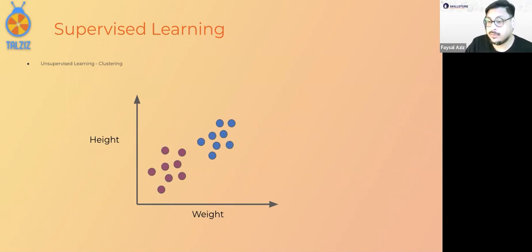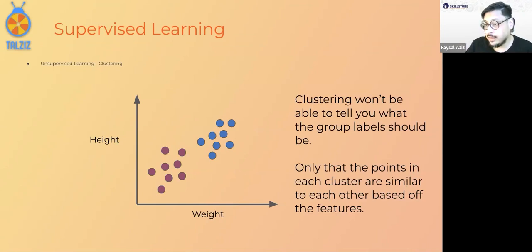It could be the height and weight of dogs and cats. Say I tell you these are the heights and weights of pets. So maybe the purple ones are cats and the blue ones are dogs. Could be that. Or say it's the height and weight of all the dogs in my neighborhood, and then I could probably predict that these are two different species. Maybe these are the poodles and these are the German shepherds. It's not going to give you the answer, but it's going to predict it. So once you put a label to this, then when new data comes, you can classify it as probably a German shepherd.